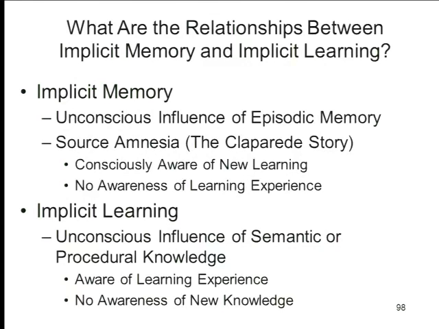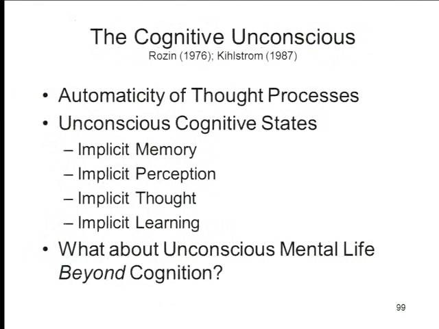It turns out we can acquire new semantic and procedural knowledge and use that knowledge in ongoing task performance, even though we don't seem to be aware of what that knowledge is. Now, I'm skipping over implicit thought and implicit learning because there are demonstrations of this in the literature, but implicit thought and implicit learning are not nearly as well established as implicit memory and implicit perception are. They're still quite controversial. The experiments are interesting, but there are a bunch of interpretive difficulties associated with these experiments. Okay. Implicit memory, implicit perception, implicit thought, implicit learning constitute what a number of us have come to call the cognitive